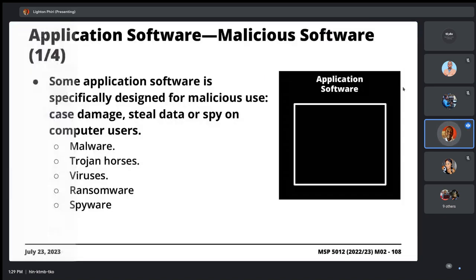But what's important is that this so-called malicious software is actually application software, right? Because it's performing a specific task. The person who writes or uses that malicious software has the intention of doing a bad thing. From their point of view, it's application software. So I thought I would mention that. And one of the reasons we're mentioning this is because we have a dedicated discussion where we look at data protection.